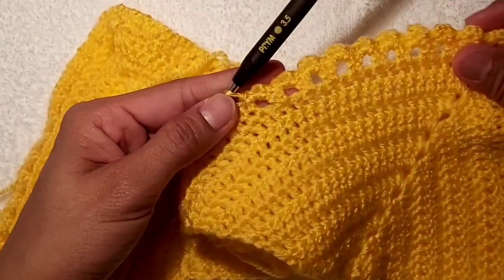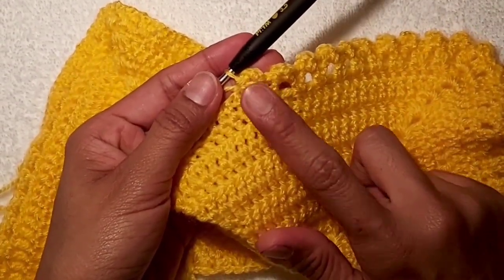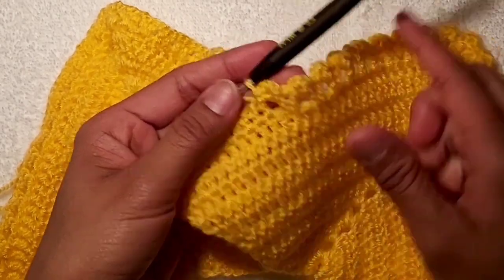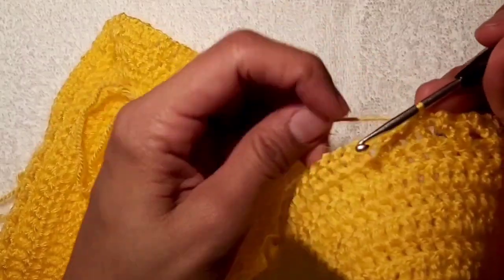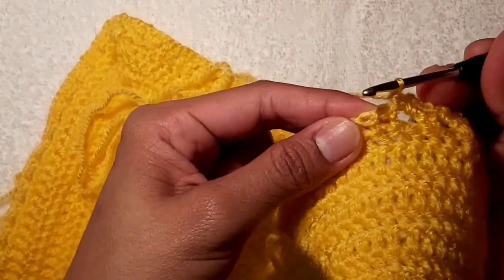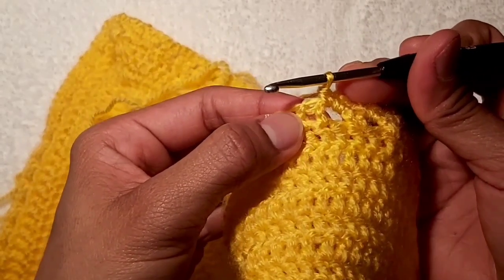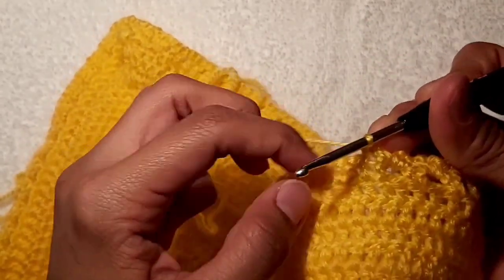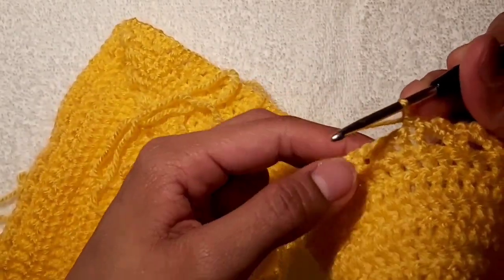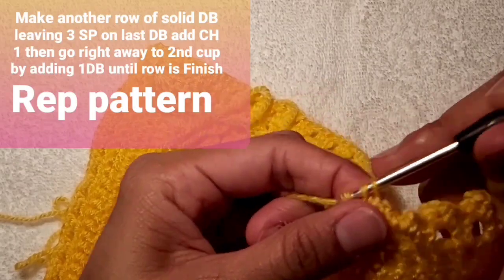So now guys, I'm on the last part wherein we will be putting this design, because we have here now the solid rows of double crochet that we had made a while ago. So on the first space, we will put single crochet right there, and then on the next space we will be putting 1 double crochet on each. All right, 1,